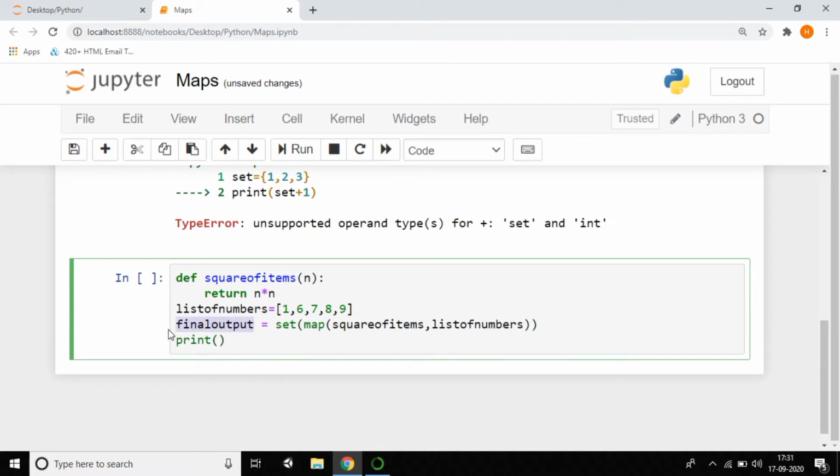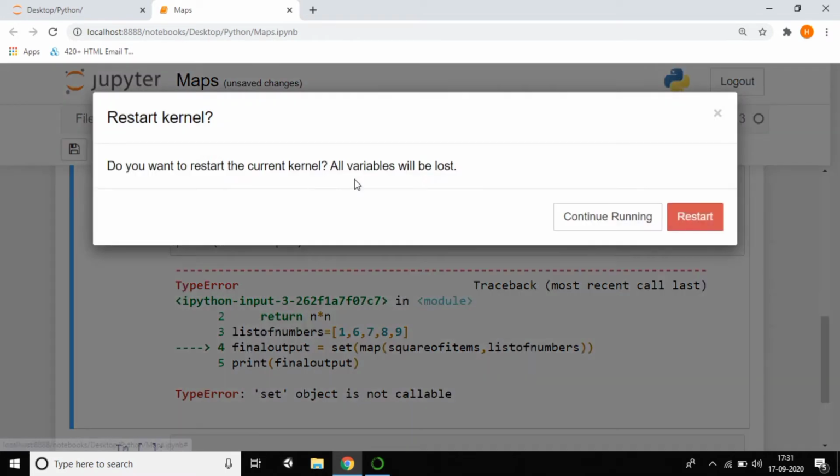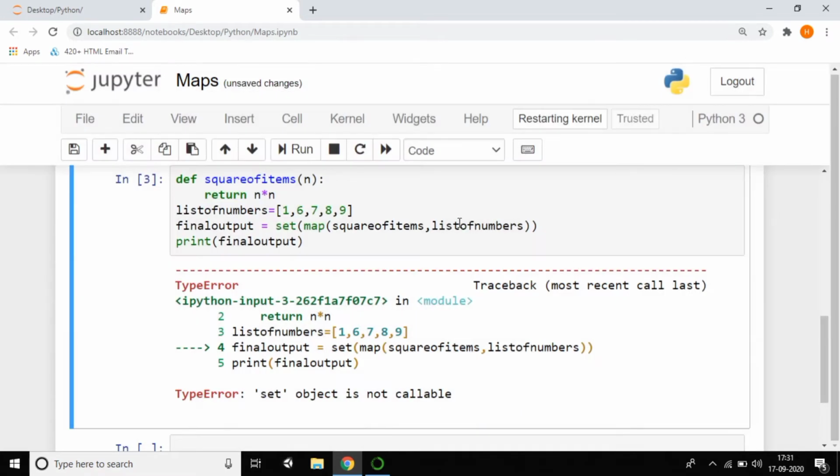So this is a small code. What is the output you can see generally. So just restart the kernel. If you're getting like this, just restart the kernel and see the output. Just execute again. Yeah, our kernel was ready, and shift enter.